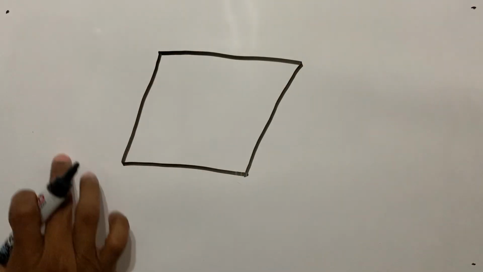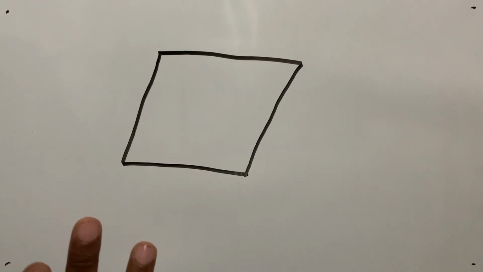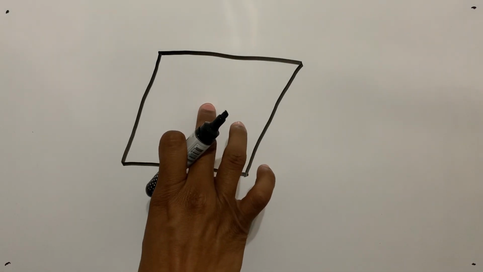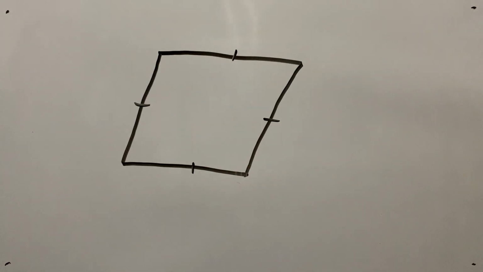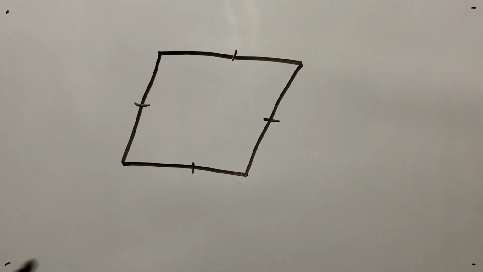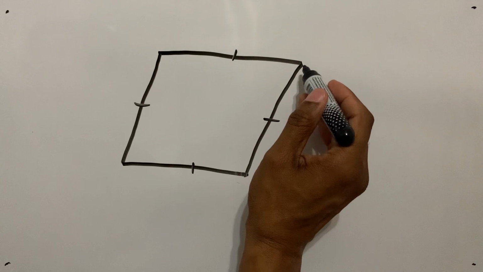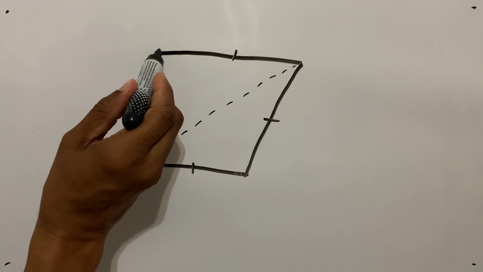Let's look at this other shape, okay? It's called a rhombus. This is also a parallelogram with all its sides equal in length. Very important to note: a rhombus is a parallelogram where all the sides are equal in length. It has all the properties of a parallelogram. But in addition, with a rhombus, listen carefully now, whenever we draw a diagonal of a rhombus from here to here and from here to here,